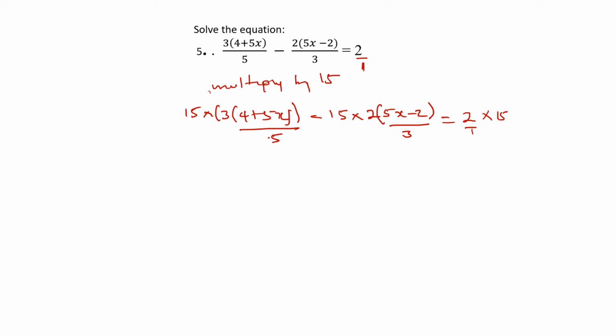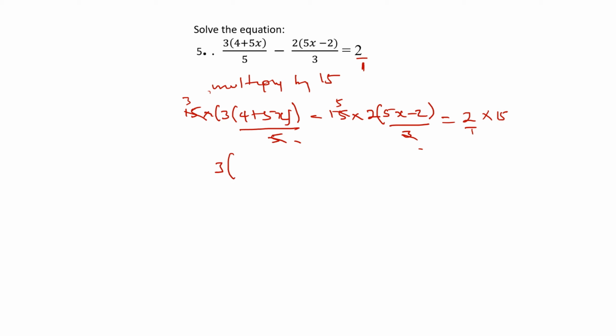So you have 5 cancels itself. 5 into 15 is 3 times. 3 into itself is 1. 3 into 15 is 5. And then 1 into itself, 1 into 15 is 15. So we now have 3